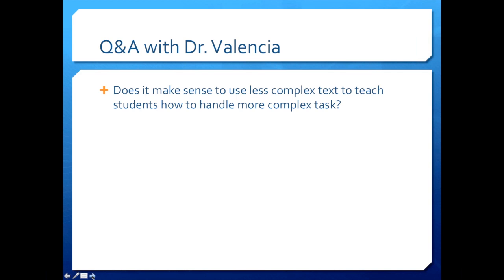Right. Just to follow up, Sheila, I work with this group of teachers in New York City and in New Vision schools, and they have this sort of rule of thumb that I think is apropos of what we're talking about here today. They talk about the notion that when you're introducing a new process, a new way of looking at text, a new strategy, maybe a new routine that you use to understand text, their notion is: unknown process or strategy, use familiar text.